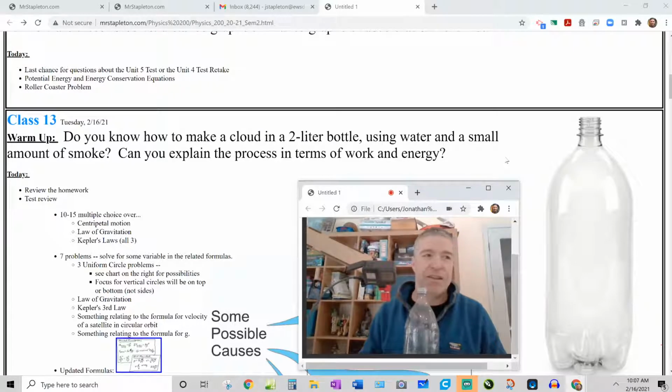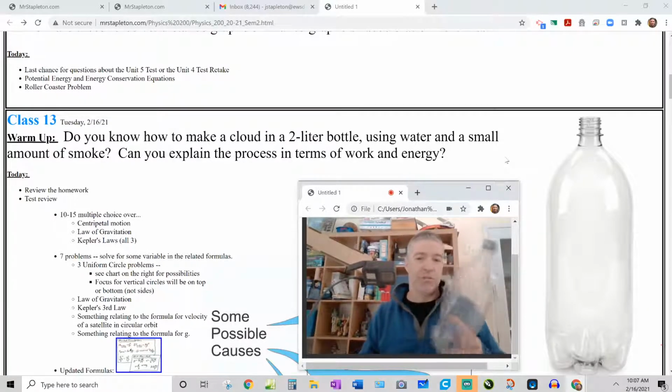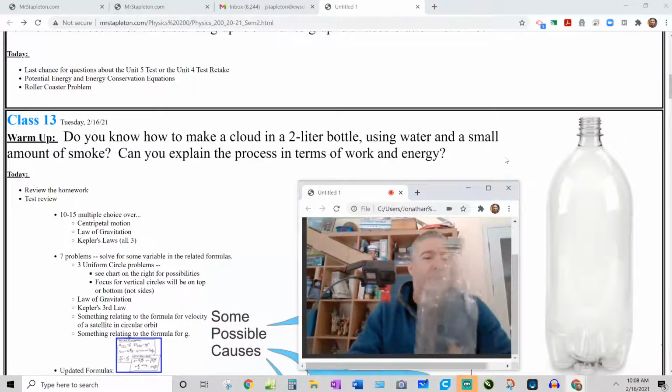Which one of those is invisible? And the answer is gas. So when the cloud forms, when it gets cloudy in here, it's not a gas. It's either a liquid or a solid. And since it's not below freezing in this room that I'm in, we can rule out solid. So what's happening is I'm making the phase change back and forth from a gas to a liquid,